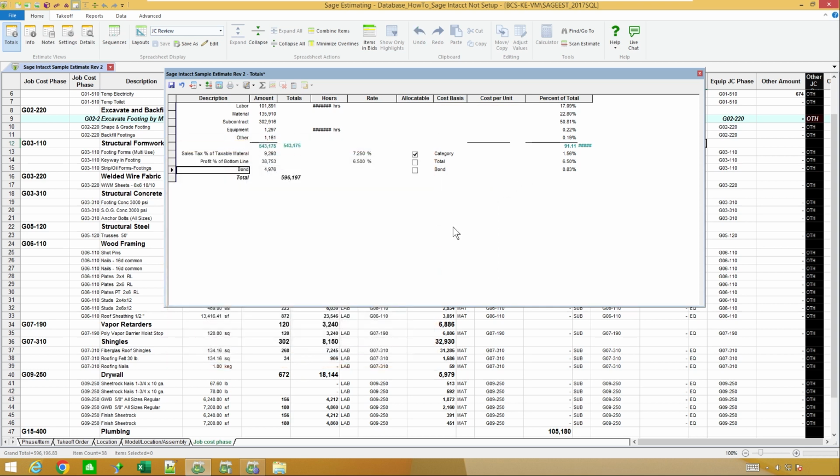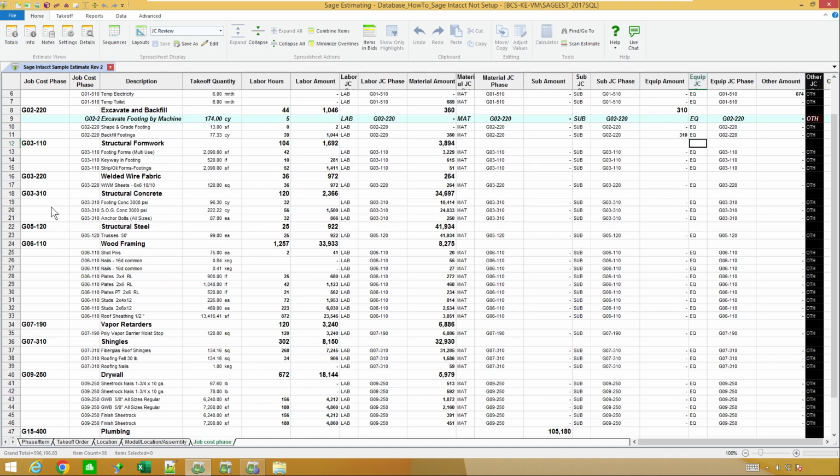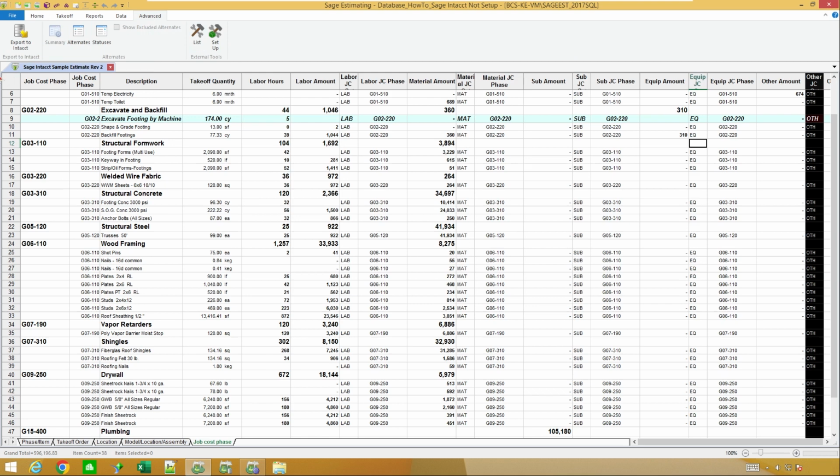So at this point, I've done a couple major things. I've gone through the estimate and made sure that each item's going to good cost codes, good categories. And then I've also gone back and looked at my add-ons to know what I'm expecting here. Now, it's also good to actually go through and look at your grand total and know what dollar amount to expect. So in my case, I'm not going to be expecting this just shy of 600,000. I'm going to be really 38,000 less of that and so forth. So I'm going to go ahead and say save there. And I'm going to go ahead and actually transfer this over to my Intacct now. So I go up to advanced. I go to export to Intacct.